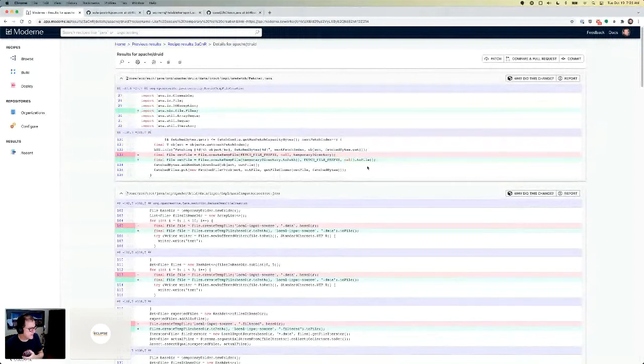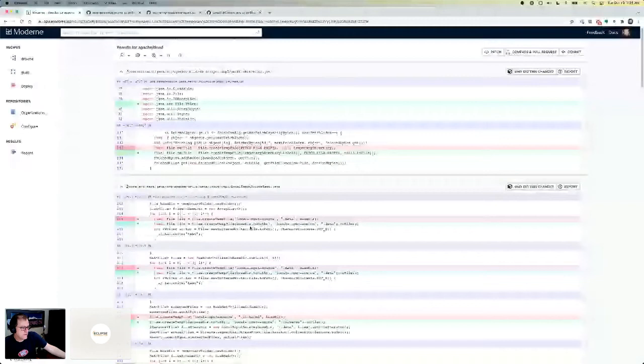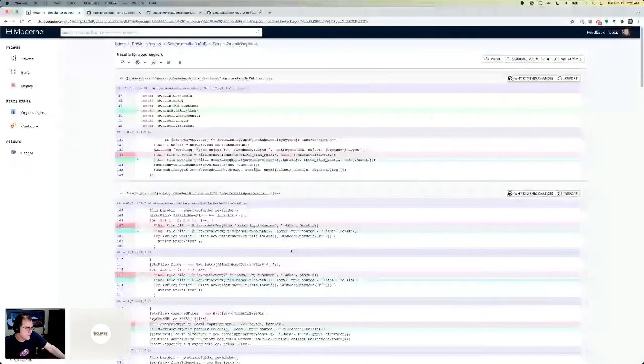And again, just to hammer it home, it is going to detect styling, and including, you'll notice that it actually put this in the right spot. It does detect import order, and we'll make sure that it puts it in the right spot. So if you have things organized by groups and you have static imports at the bottom, that sort of thing, it will detect that and make sure it puts it in the right spot. So you can see here, a bunch of these. It's pretty interesting. So that's that.